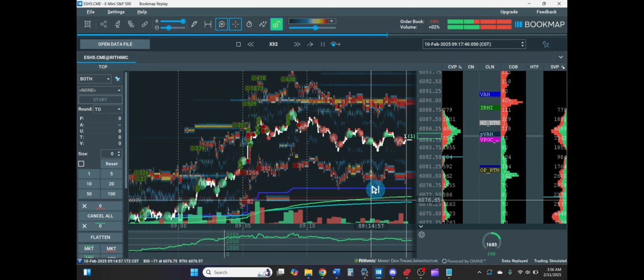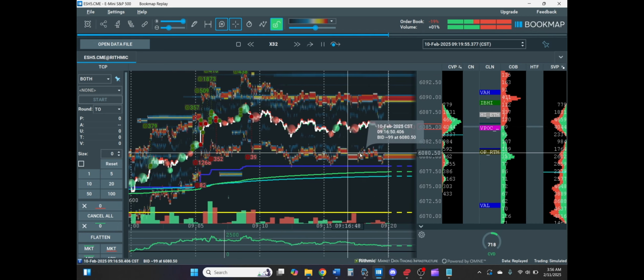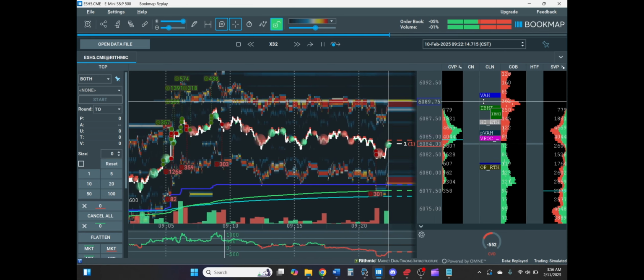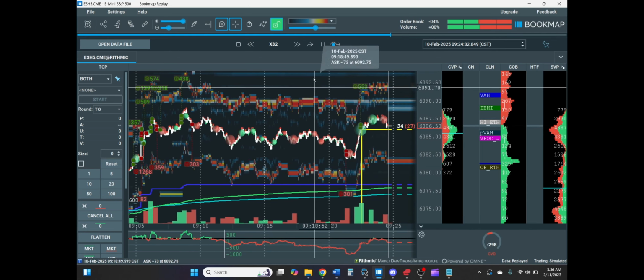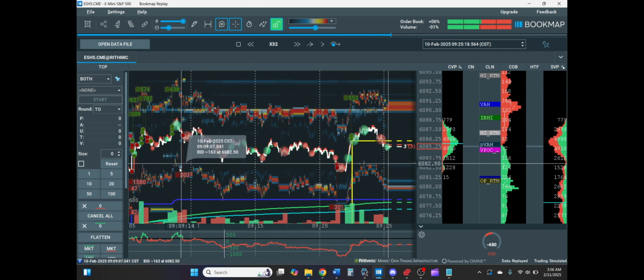Next is the IB, which is the initial balance high or low. You can see right there. So we got VPOC migration. So if you took profits and exited, the next would be,